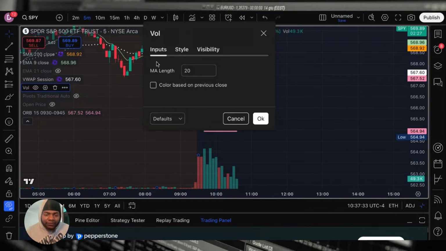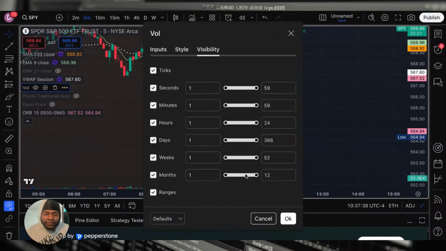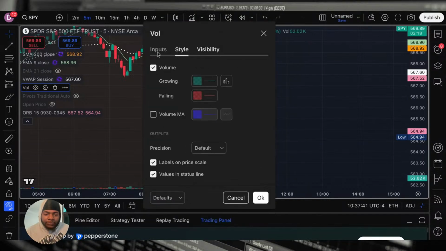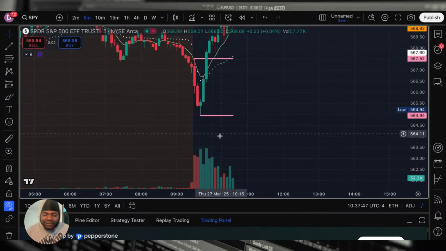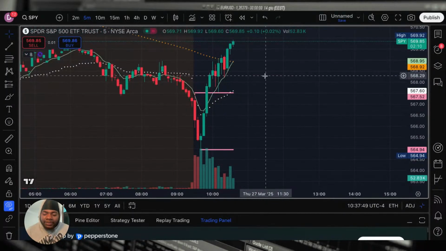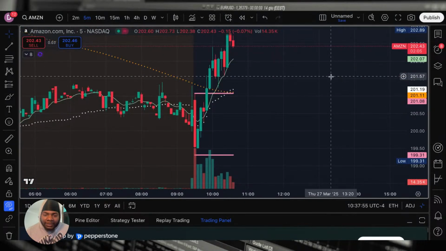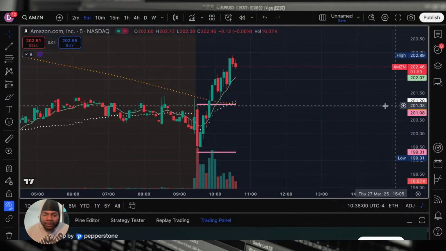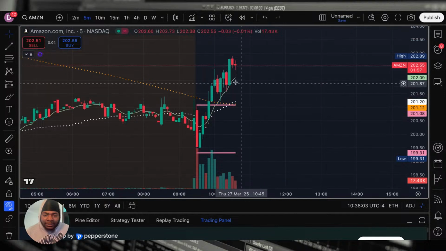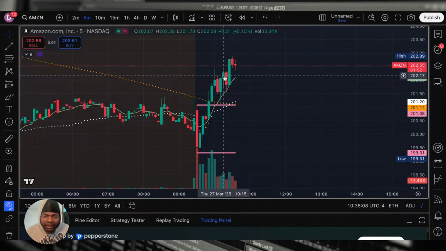Volume right here. So you want your volume at the 20 length. Here's my settings for volume. Just copy mine. All right, volume. All volume does, I showed you this earlier. Remember I told you when we was trying to get in Amazon? I said I want to see Amazon get past this pullback candle with a lot of volume. Remember I said that? We got in on this 10:15 candle on the 5-minute chart.